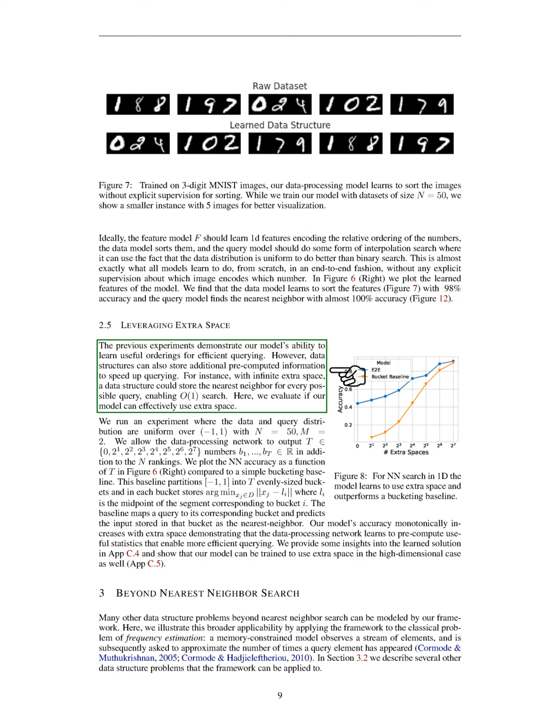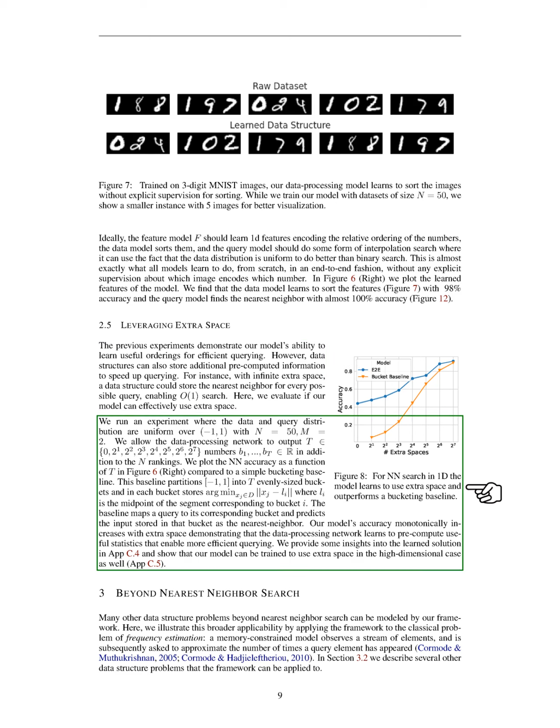Next, we evaluate our model's ability to utilize extra space for faster querying. In our experiments, we allow the data processing network to output additional pre-computed information alongside the rankings. We compare our model's nearest neighbor accuracy with a simple bucketing baseline, which divides the range into evenly sized segments and stores the nearest neighbor for each segment. Our model's accuracy improves consistently with the amount of extra space, indicating that it learns to compute useful statistics for